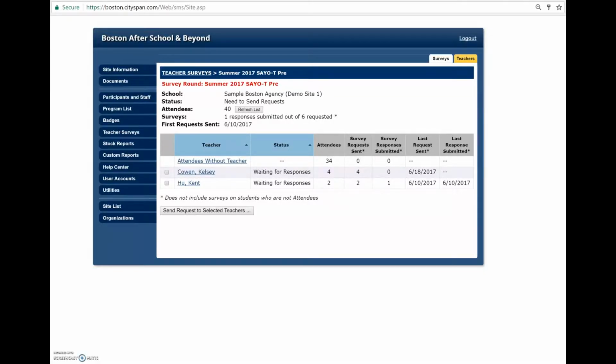So the final step of the SAYO T administration process is just to manage and keep track of the overall progress of the SAYO T administration. So if you're interested in seeing the steps to get you here to be able to track the